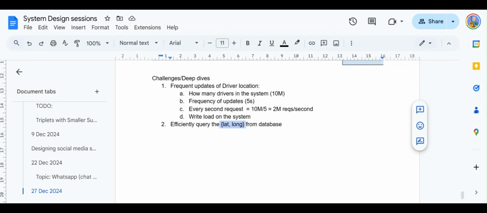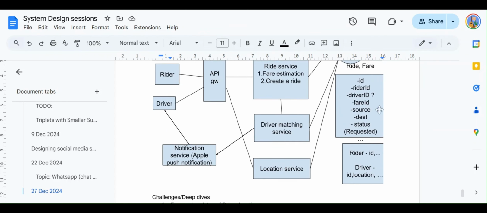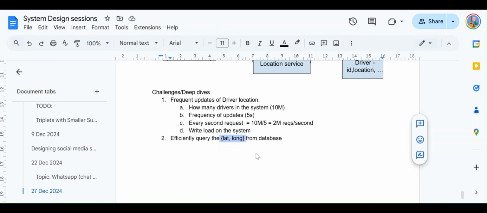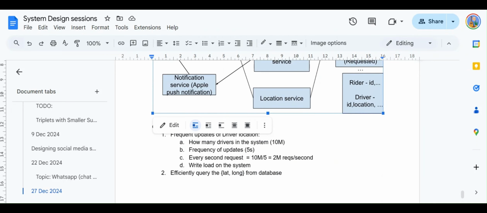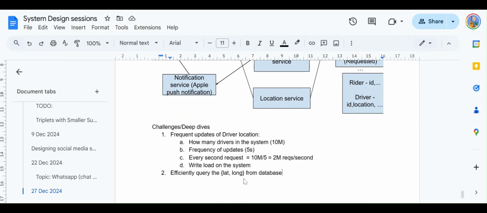So in a brute force approach, we are going to query all the records from the database and compare the latitude and longitude of each record with the start location sent by the user, where he wants to start from.